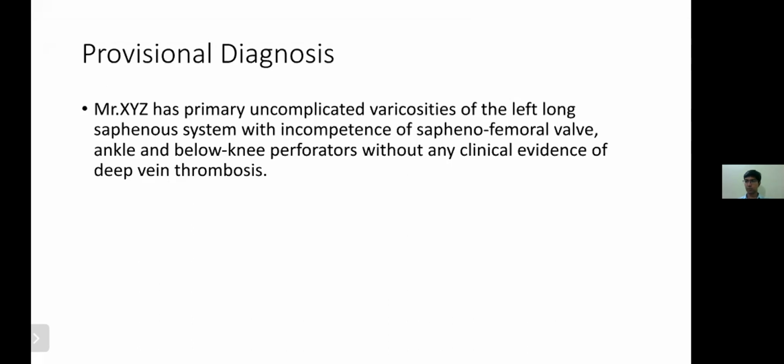Someone is asking how to say which perforators are involved if you don't perform the test. Per se, if there's perforator incompetence, there will be small variations in the level of the perforators. As someone pointed out, if there is saphena varix or specific varicosities present at those perforator sites, specifically 5, 10, 15 centimeters above or below the knee, then it is more indicative of perforator incompetence rather than SFJ incompetence. SFJ incompetence will have a saphena varix, so you have to differentiate clinically, or at the most you do a Brodie's test, do not do any other test, and you tell the examiner that this is how I tell it.